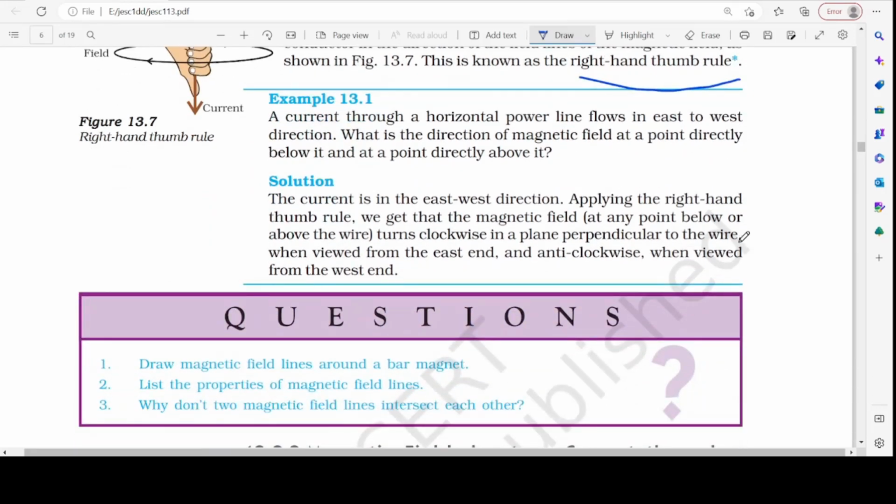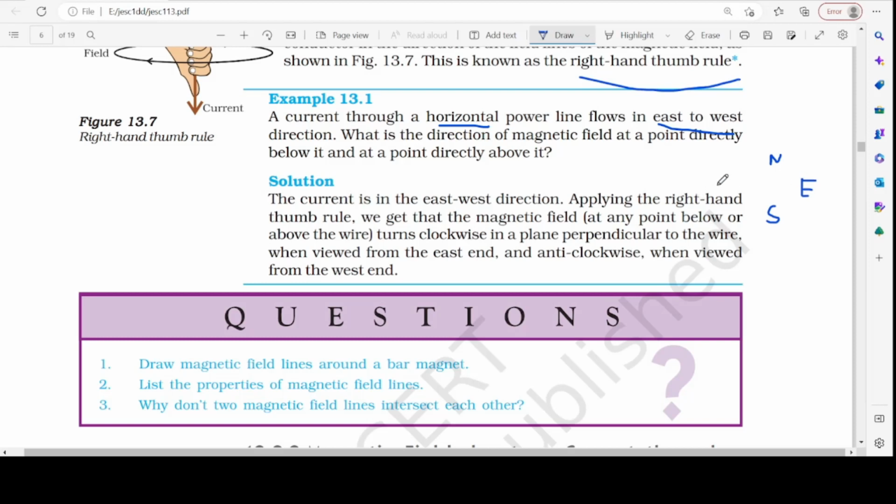Coming to this example, a current through a horizontal power line flows in east to west direction. They have said that there is a horizontal power line in which current is flowing from east to west direction. Now what is the direction of magnetic field at a point directly below it and directly above it? Because the current is flowing from east to west, as we can see over here, north is upwards, south downwards, and east is towards right,